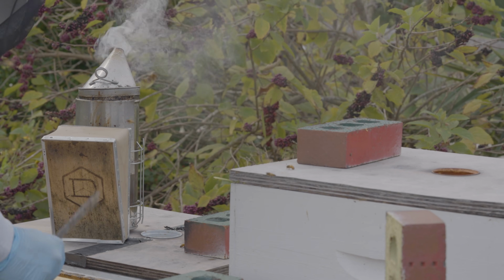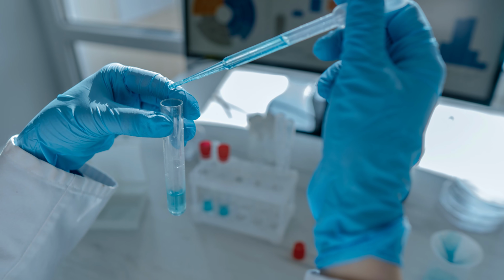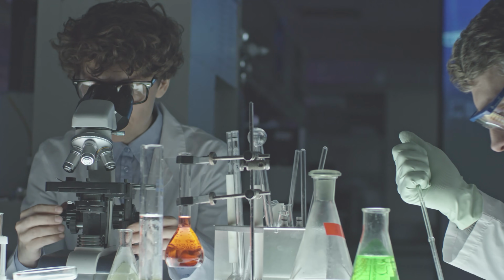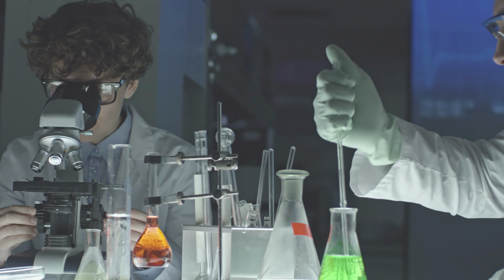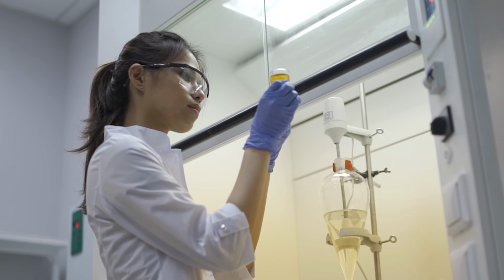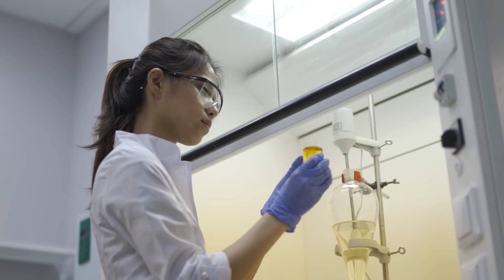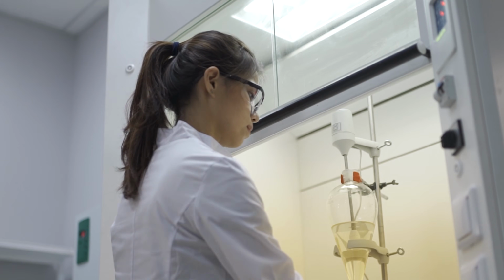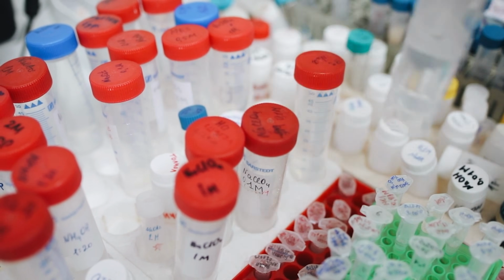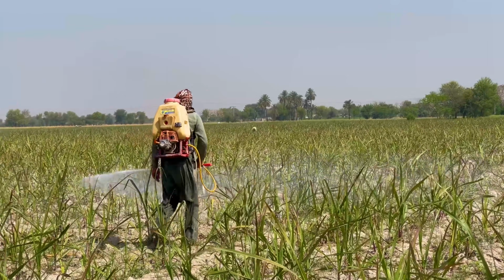The first thing I want to do is start by defining some terms. There's an entire field called toxicology, and in this field there are scientists who are toxicologists who study the impacts, the effects of pesticides on all sorts of things. If you think about it from a practical perspective, toxicologists even study new pesticide chemistries because their goal is to maximize the impact of a pesticide on a target organism, but minimize the impact of that pesticide on a non-target organism. We have pesticides because pesticides are used to control pests.